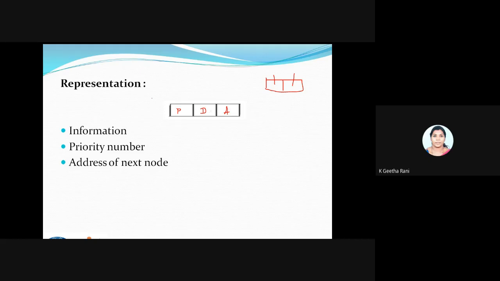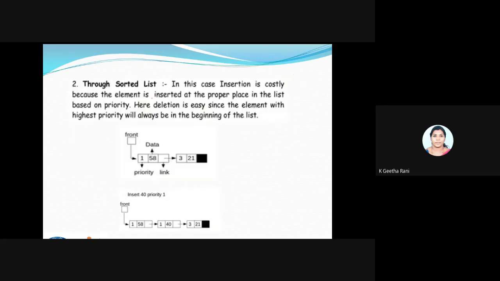If you're going to implement a tree or something else, you'll be using this type of structure. Any concept using a list will use this structure, with data in the middle, a pointer and the address. So I hope it's clear. Then only I can go for this concept.